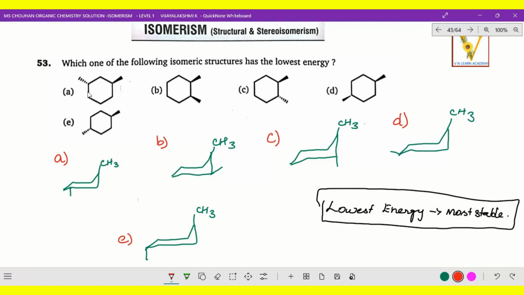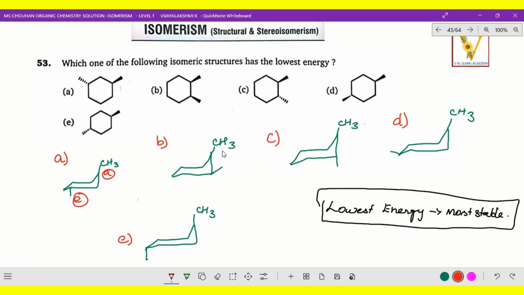Okay, now the compounds A, B, C, D, E. Here, first, one is above the plane and one below the plane. Then here both sides are above the plane, and here one is above the plane and one is below the plane. Just opposite, above the plane only, and above the plane and below the plane. In the chair position I already drew, now we can identify axial and equatorial. This is above the plane, so axial, and this is below the plane, so this is equatorial, right?